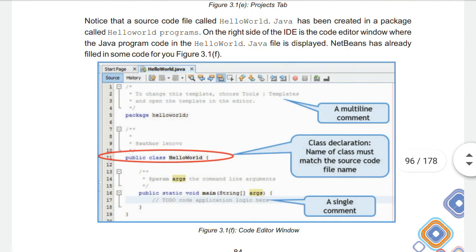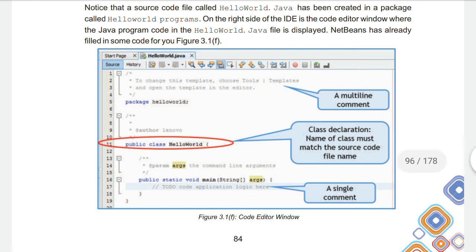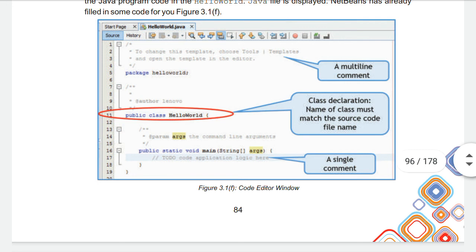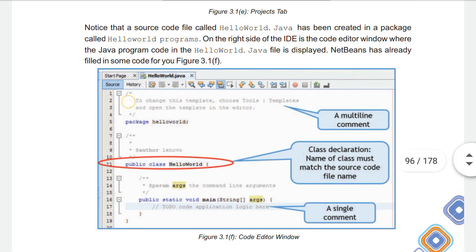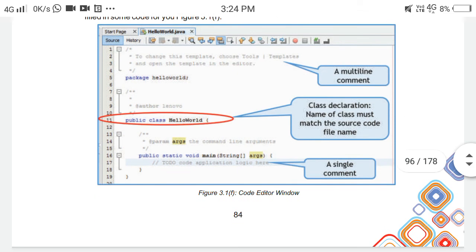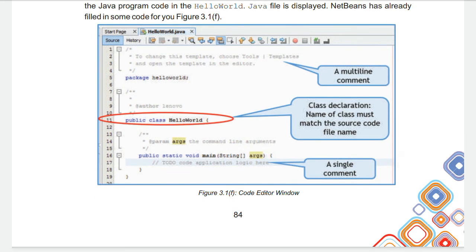Now about the comments. Why do we write these? If you want to write anything, such as why you are writing that code and what the meaning of that line in the code is, you can use comments. Comments can be multi-line and single line. A single line comment starts with forward slash, and multi-line comments start with forward slash star and end with star forward slash. So this is the way of writing comments in Java programming.